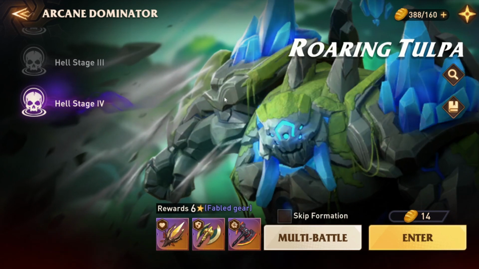So the first dungeon that we're talking about here is Roaring Tulpa, which is 100% regarded as one of the most useless dungeons in the game, and that still holds true. But the reason I want to talk about it is that it's the dungeon that the game sets you up to progress in the furthest with first. The reason I say this is for two reasons. One,